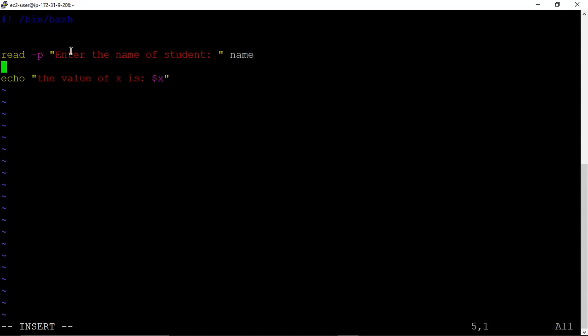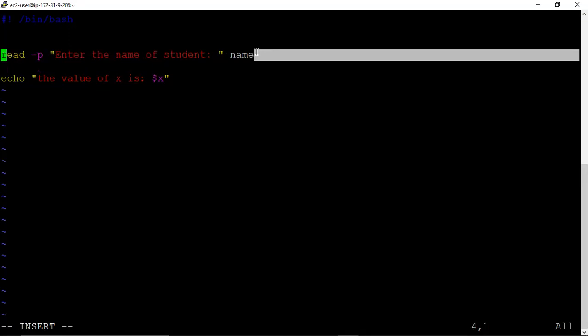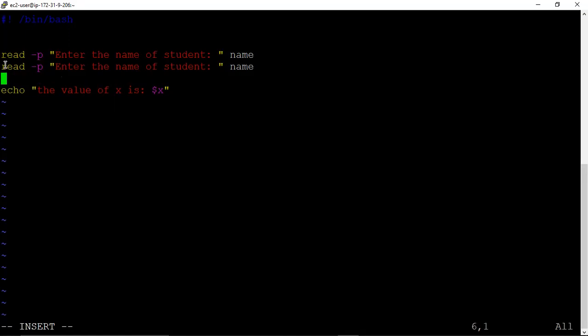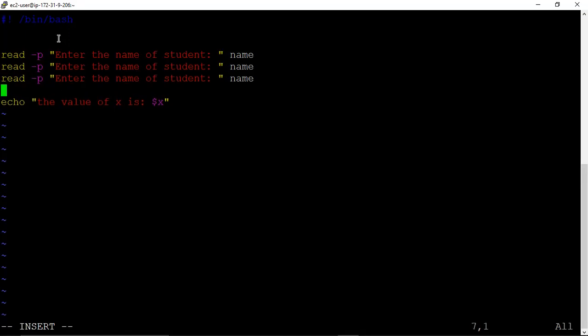Then we write again the same: enter the name of student. Then in the next line we write